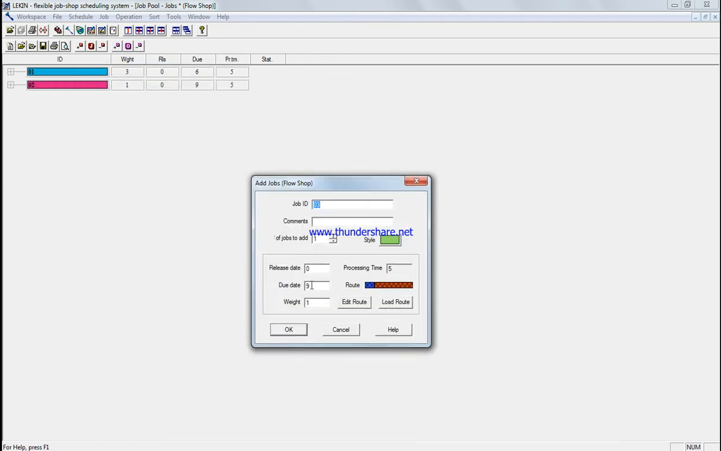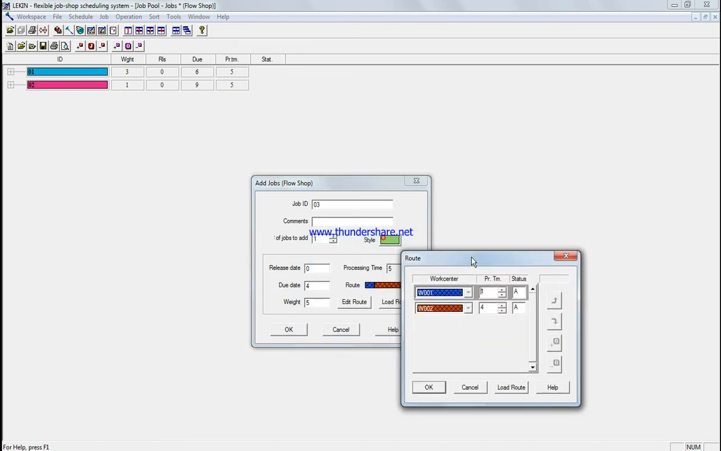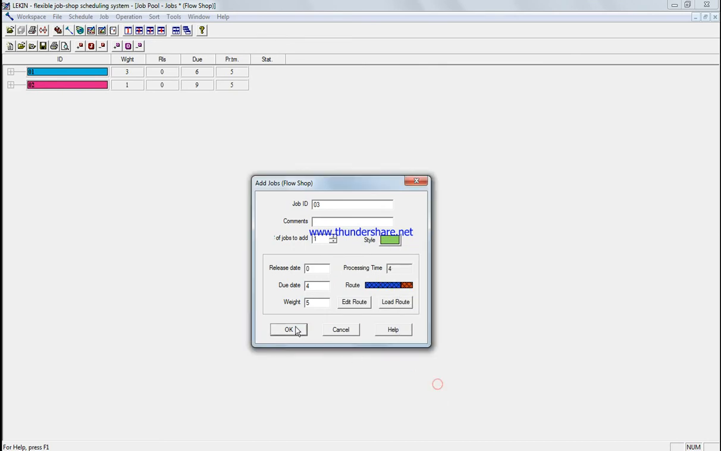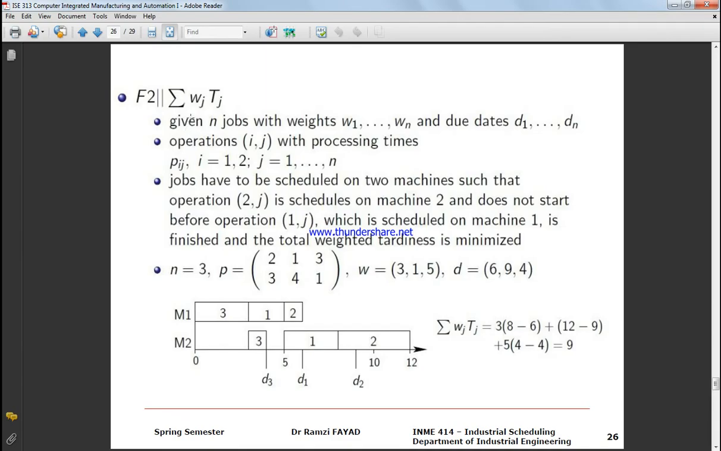And job 3, again there is no release date, so we have due date 4 and weight 5, and the values here are 3 and 1. Okay, again the objective is F2, this is gamma, so it is the summation of the weighted